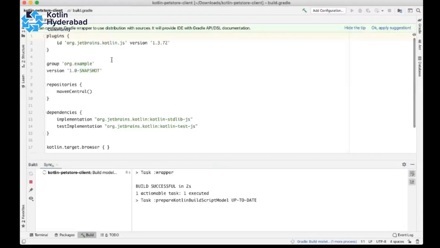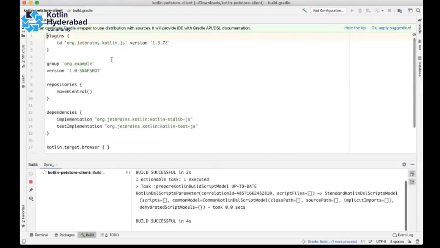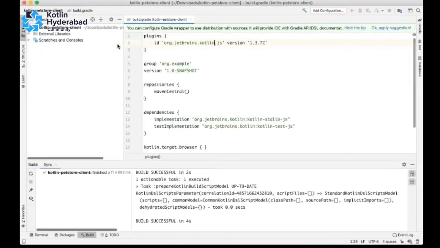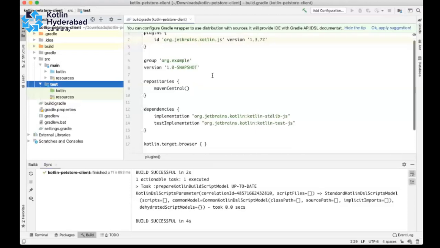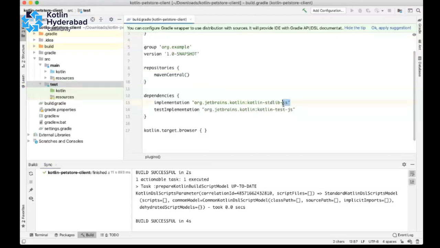If you see here, it is already giving us the Kotlin JS plugin, which is required for Kotlin code to JS compilation. Then we have a different standard library, JS, which will give us JS support. Here we need to do a little bit of configuration.